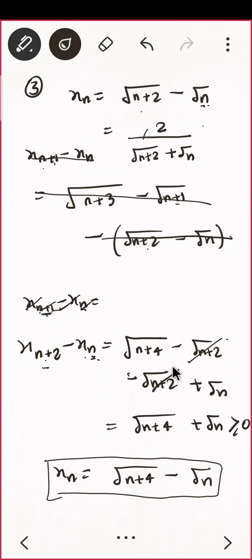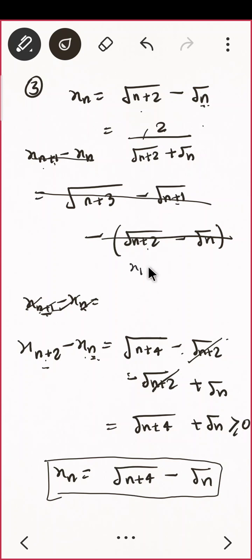So this will not cancel. This will become 2 times, no? So it will be 2 times, so it is no use to us. So we have to do the same thing: you need to rationalize and then cross multiply, and do all the same steps. No issue. And even one more thing you can do.